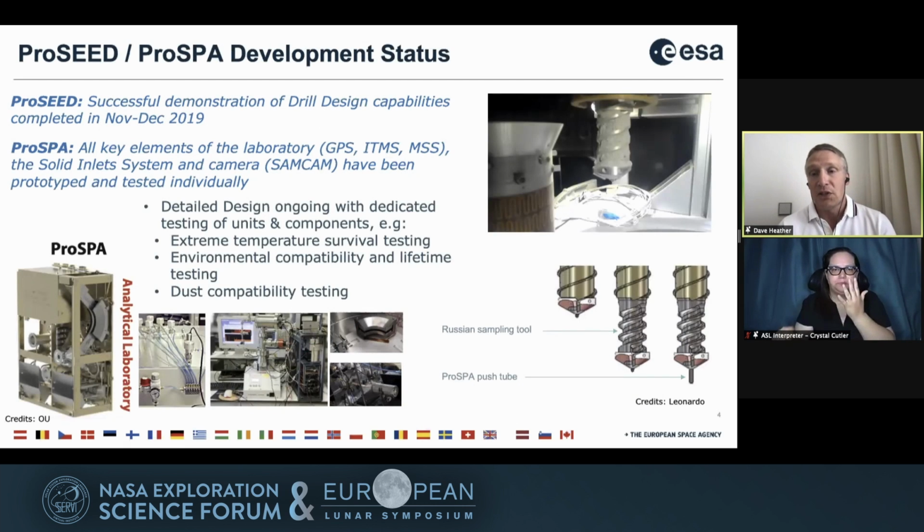One slide just to highlight the development status of where we are with each of these major elements. For Proceed, we had a successful demonstration of the full capabilities of the drill design at the end of 2019. So we were drilling into lunar simulant and extracting samples. We had some anorthositic inclusions within our drilling area as well, just to make sure that the drill was capable